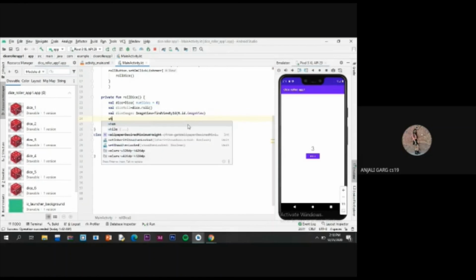Now we have to write the when condition, the main condition of the app, to print the random number.